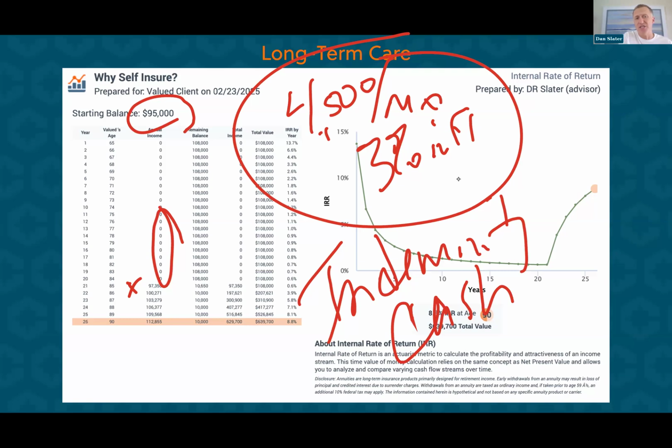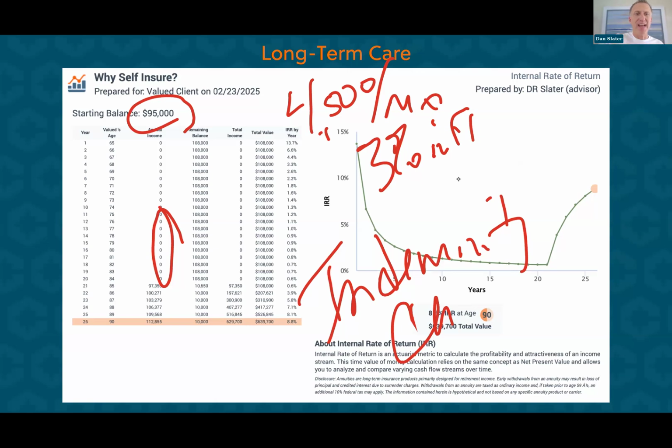If you didn't want to write a check to the insurance company as a lump sum, instead of $95,000, it would probably cost you $11,000 as a 10-pay. You can do that. You can use your HSA dollars, which are pre-tax money going in, and now I have tax-free leverage on the way out. It is the smartest thing you can do with your HSA dollars: buy long-term care coverage,